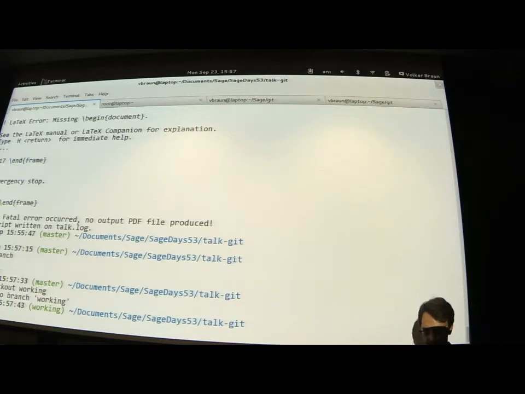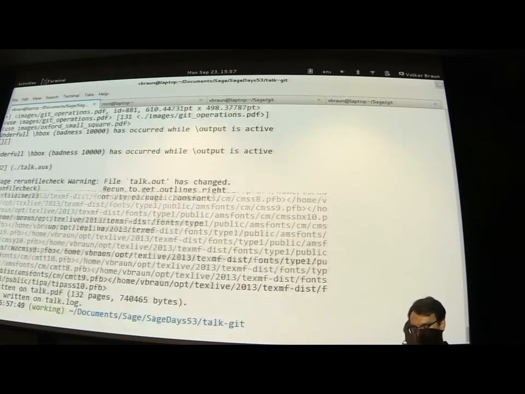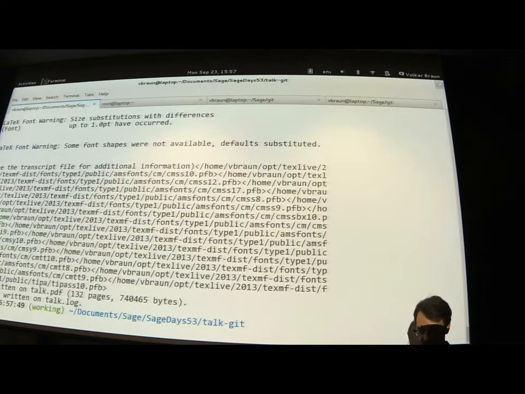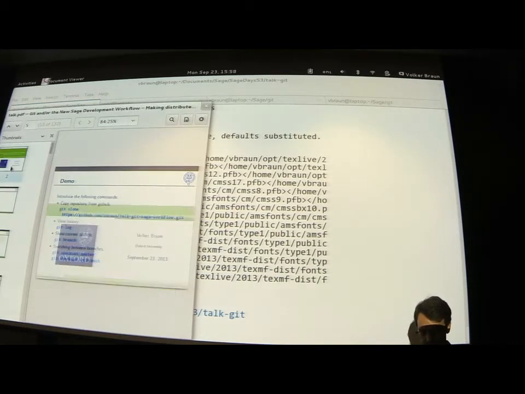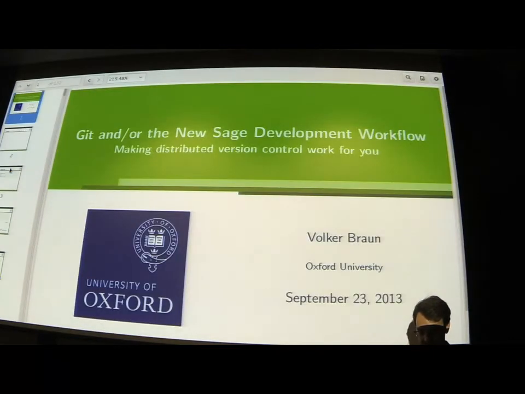And now all the files are switched back to one version before that. Of course, it was only a one-line change, but that's it. And now there's my talk back, everything, the whole source code. So let's take apart what happened. So